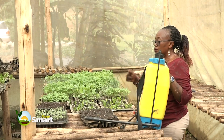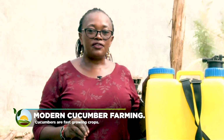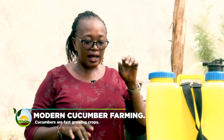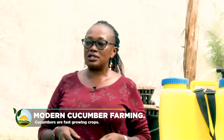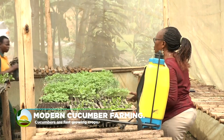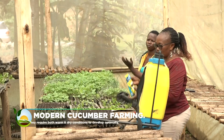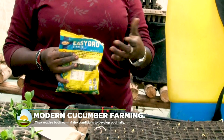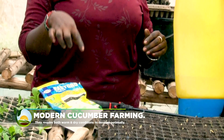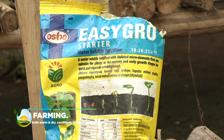So for the plant to grow well, we need to be able to put in some fertilizers. And at this stage, what the plant needs most is nitrogen. So we can use a fertilizer that is rich in nitrogen. This is Easy Grow Starter, which is good for plant growth. You just measure, dissolve this into this tank, and as you're watering,